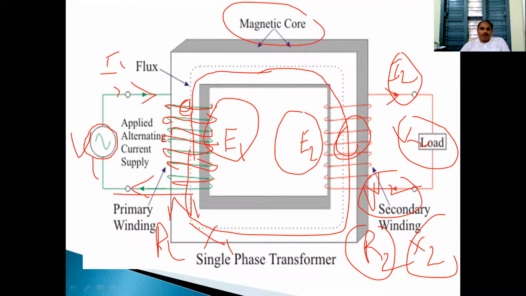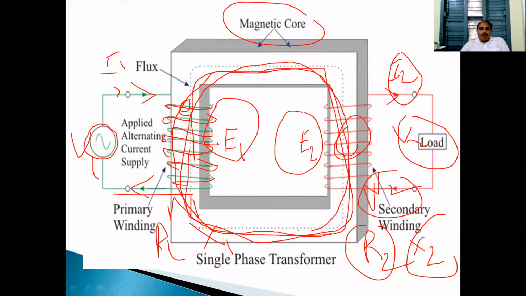Here there is no air gap. We provide a magnetic core between the two windings. So flux easily passes in a transformer because of the low reluctance path provided with the help of the core. That's why a transformer has more efficiency as compared to other rotating electrical machines. The rotating electrical machines have around 80%, 85% efficiencies, maximum 90%. But a transformer has 98% efficiency, or 99% in some cases.